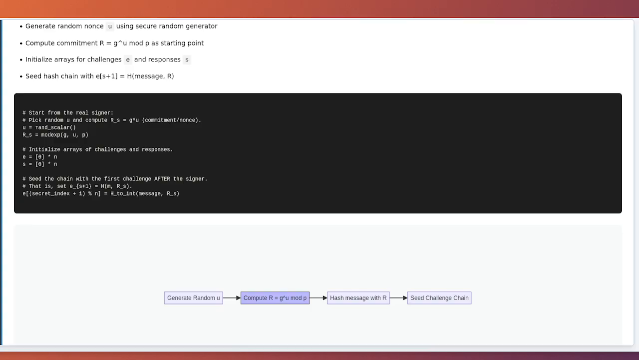The discrete logarithm problem ensures that computing U from R_s is infeasible. This commitment will be used to seed the hash chain that walks through all the other ring members. We then initialize 2 arrays, E for challenges and S for responses. Each array has n elements, 1 for each ring member. These arrays will be filled in as we construct the hash chain. The challenge values are what link consecutive positions in the chain, while the response values are what get included in